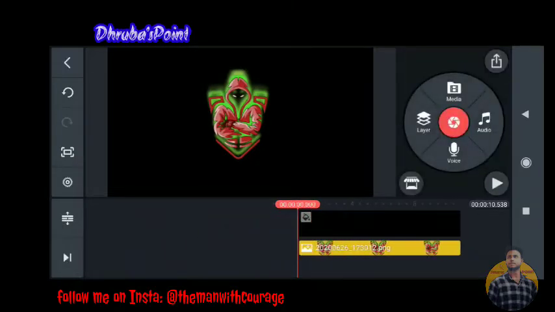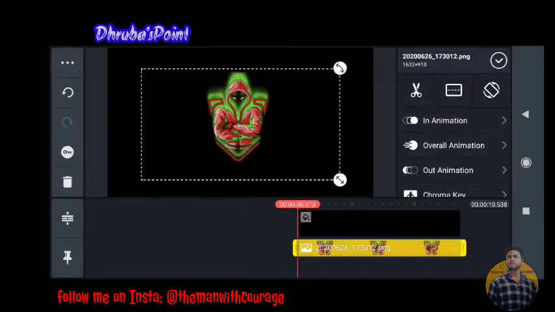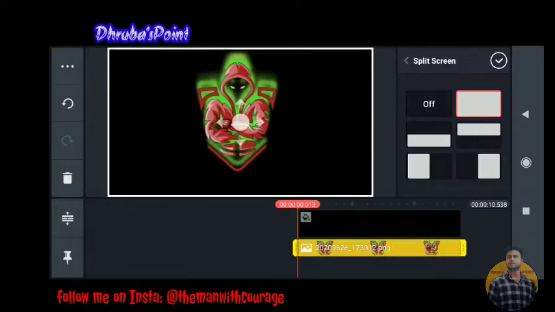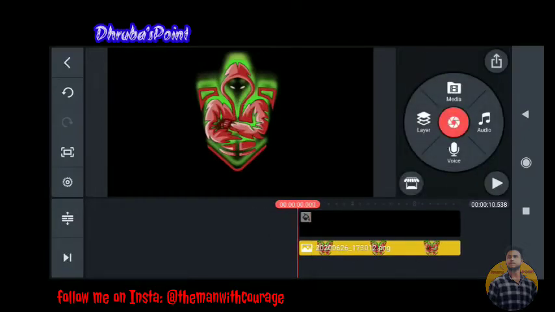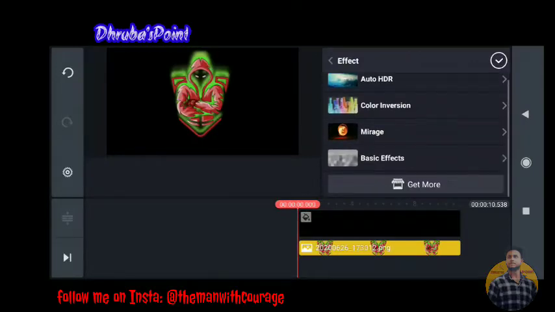Okay guys, now you have to adjust your logo. Make it full screen. Now go to layer, select effect, and download an effect called Mirage.